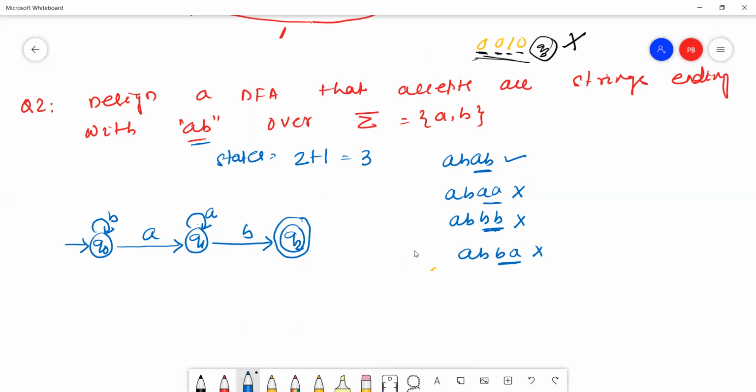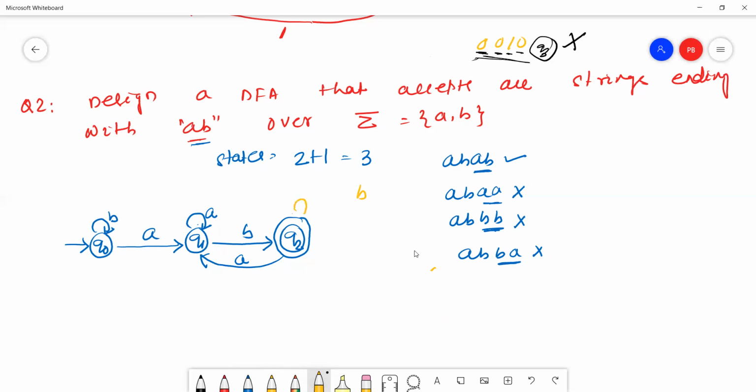So it will go back to the Q1 state, because Q1 is a self loop of A alphabet. Next one is B. Can I give B on the Q2 state?